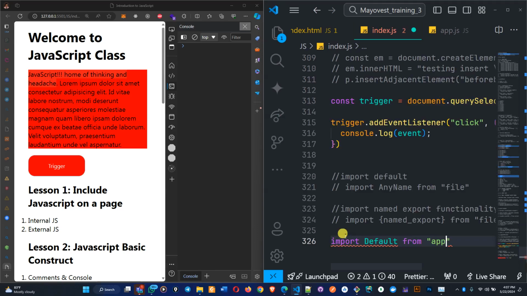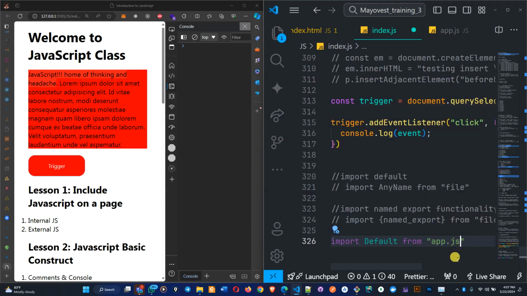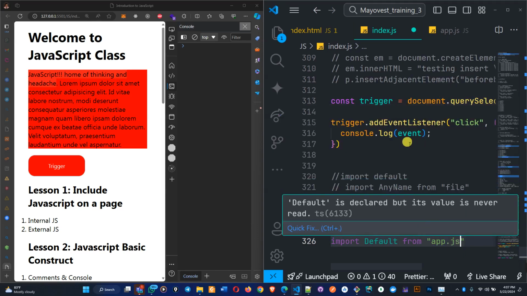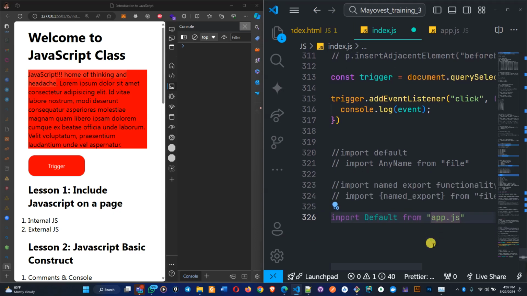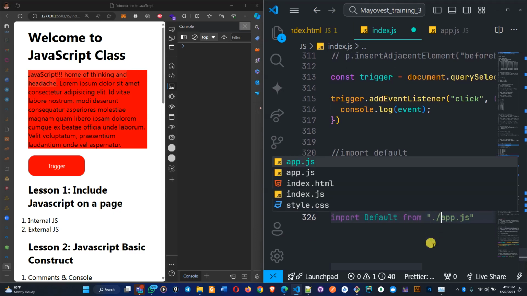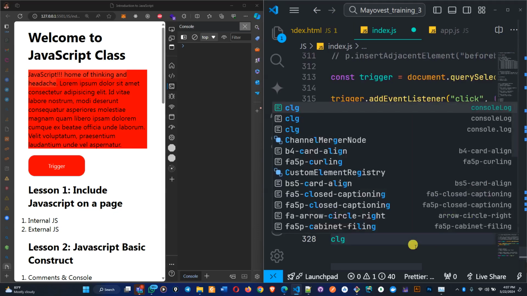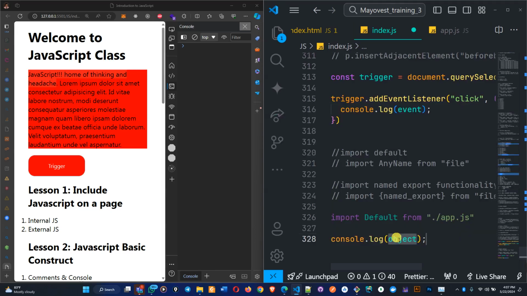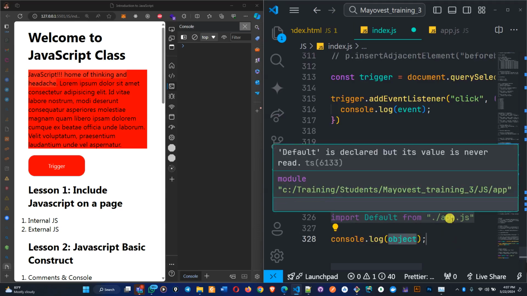from where are you importing from? I'm importing from app.js. That's what I call file. So whatever file you want to import from, like that. And if you look at it, let me input the path so that I know that it's actually from here. So from there now, I have access to that default export. So whatever is going to be put in here is whatever you're exporting out as the default export from